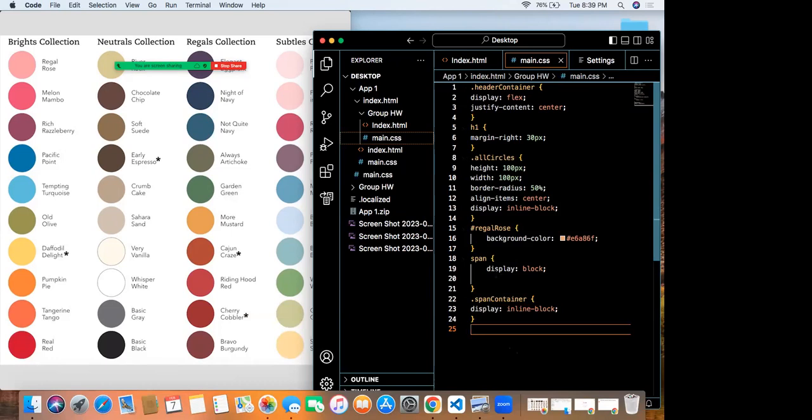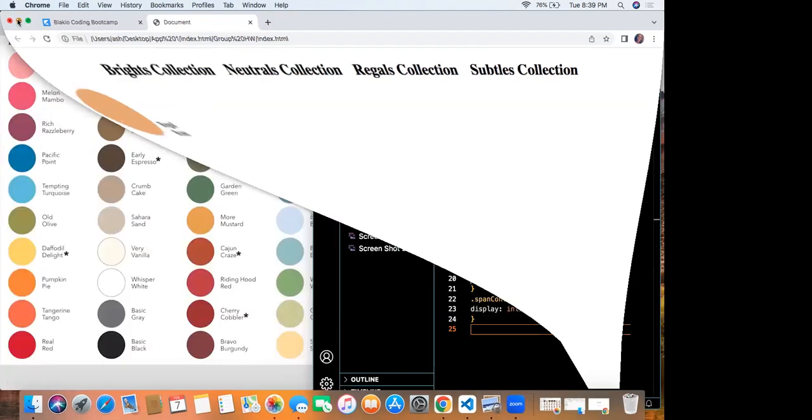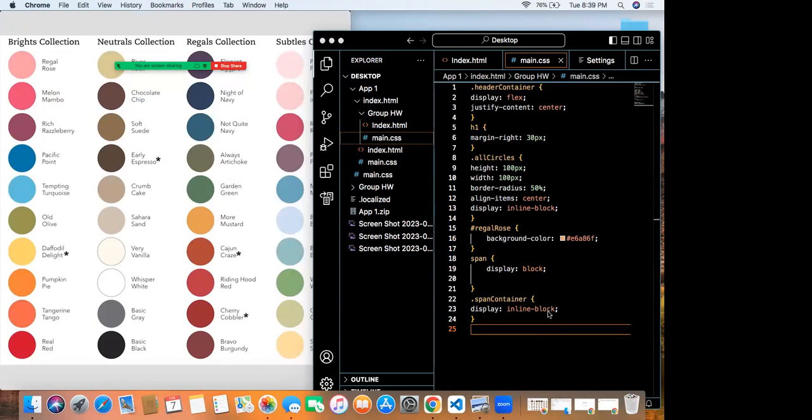Okay, is that all that we were doing with the span container? Just want to see. Okay. Yeah. So do you just copy and paste what we've done so far for the circles and the spans to enter the values for all the remaining circles on that column, just that column, so they wouldn't get confused? You're talking really fast and I didn't catch any of that. You said do something for all of them.